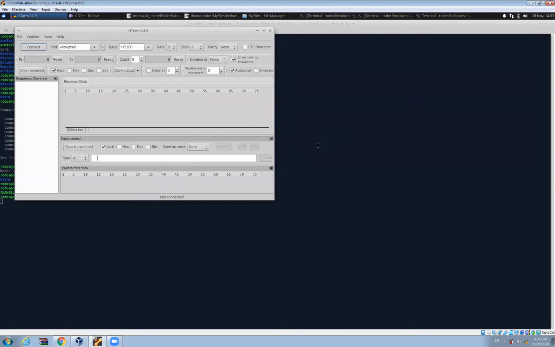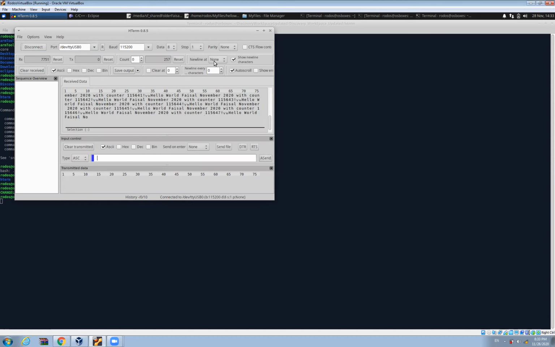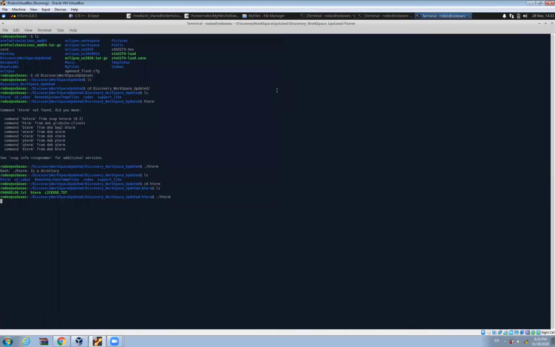As you can see, the HTerm is open, so I have to make sure which port it is. Normally in Linux it's ttyUSB01, so I will connect it. Now I already had a program on my board, so I just delete this program. I received all the data, and then I clear it. So now my HTerm is on. Let me show you how you can first compile your code.